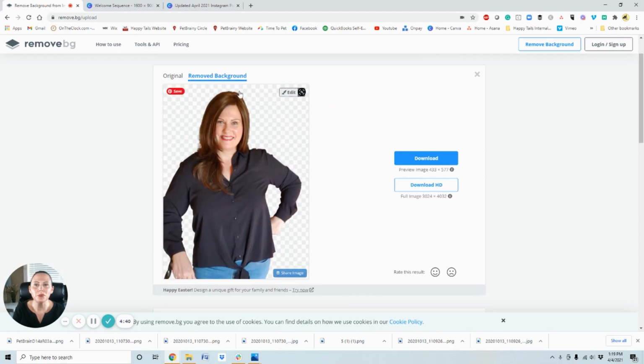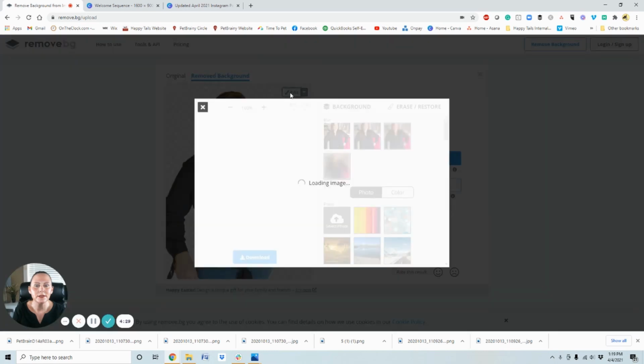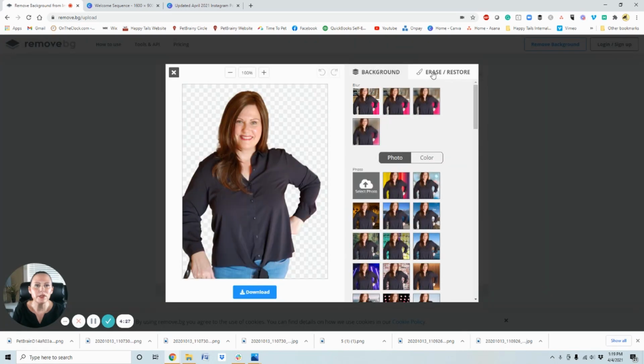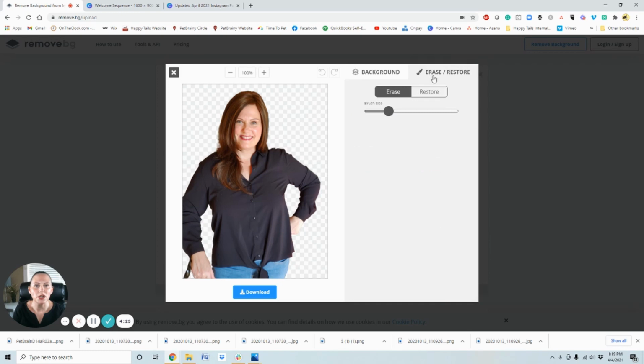Okay, so you can see that it removed the background off, but say I didn't like this part of the bar stool on this image. What I can do is just go ahead and click Edit. And I can go to Erase and Restore. Now you can change the size of the eraser by moving this up and down. So here I'm going to just make it a small eraser, and then what I'm going to do is just go ahead and remove this part right here.